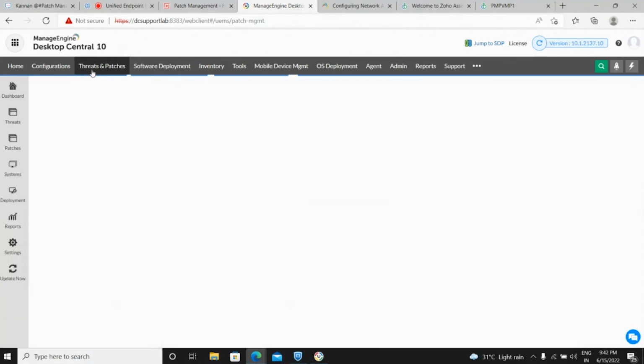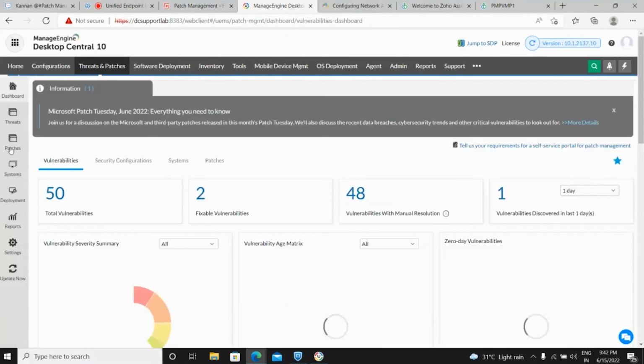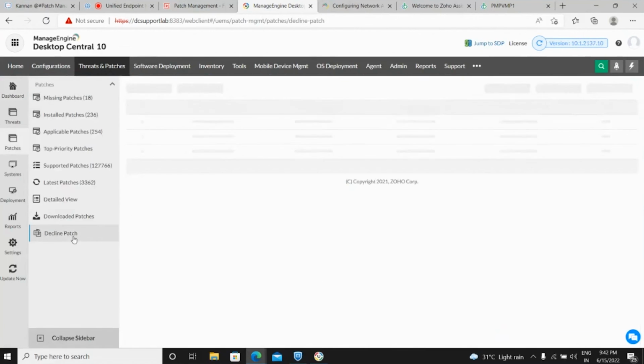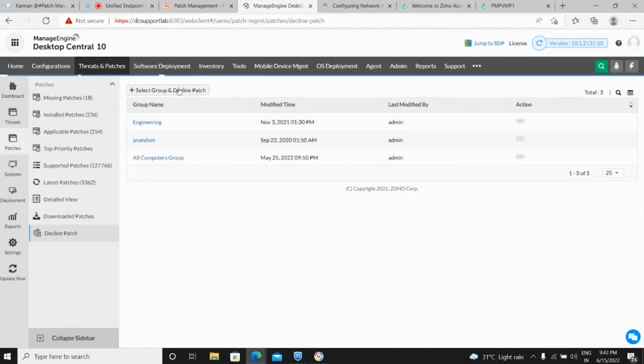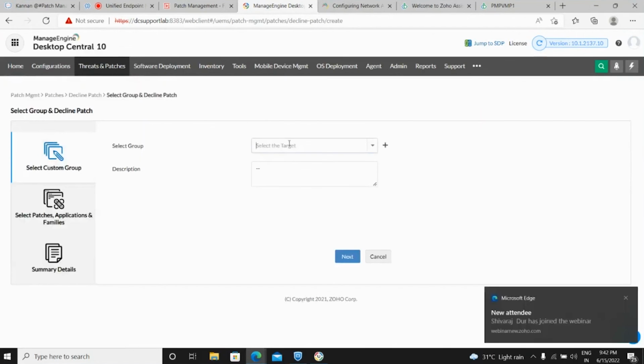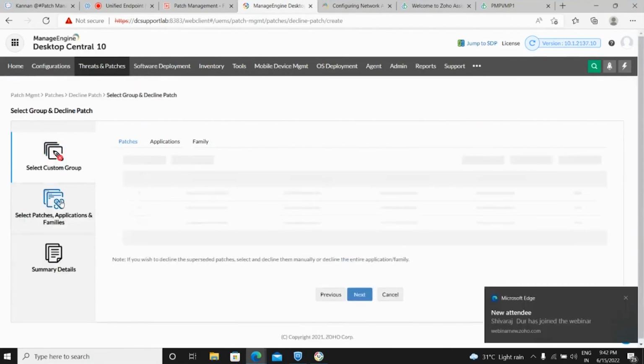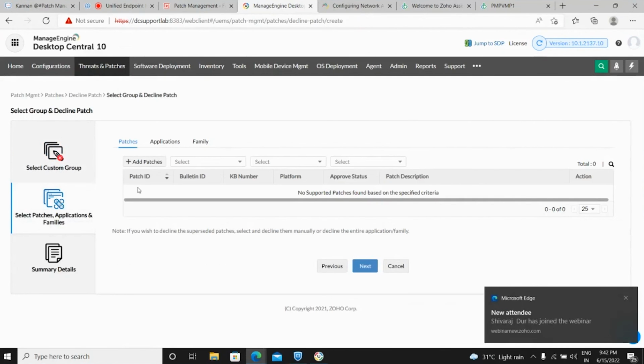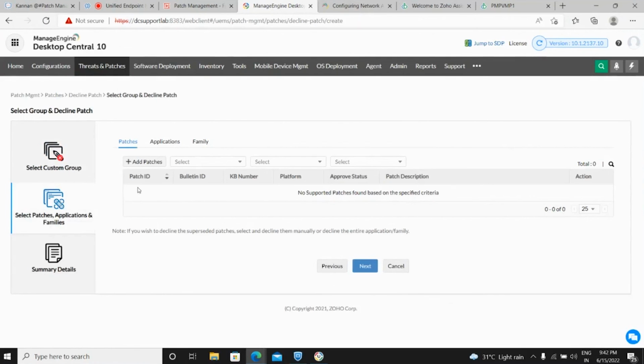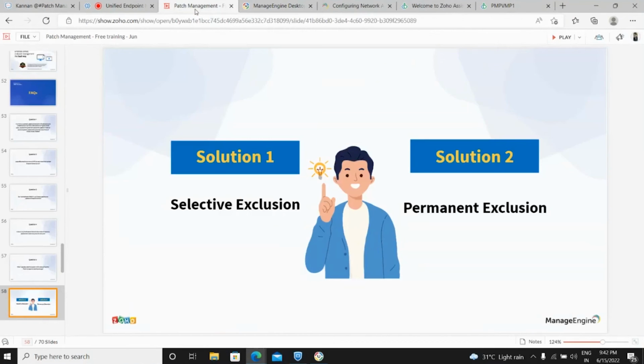So you will have to go to this patches here, decline patch, and you will have to select the group of machines for which you want to decline the patch. And then when you come to the decline process, it can be declined based on a specific patch ID, or you can decline it based on the whole application or the whole family. So now going back to the questions,